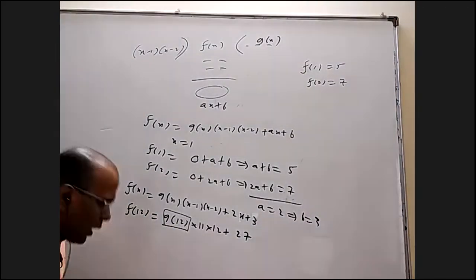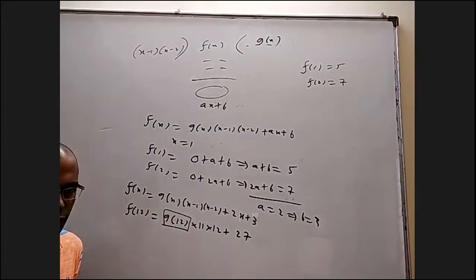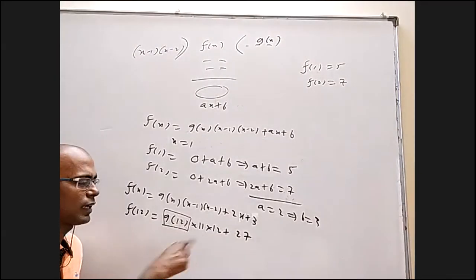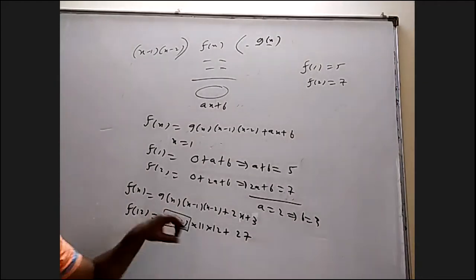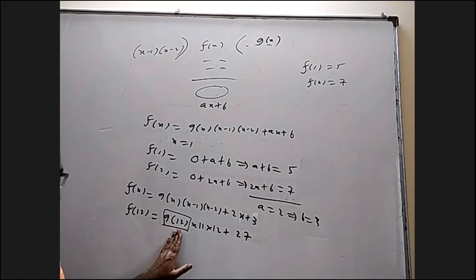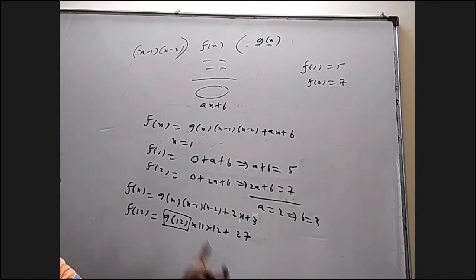If it is 0, the answer is 27. If it is 1, a bigger positive value. If it is 2, a much bigger positive value. One may say, I will put minus 1. If I put minus 1, you will get completely negative because you get minus 132 plus 27. If it is negative, your answer is negative. If it is 0, the answer is 27. If it is a positive integer, your answer will always be more than 27. So the least possible positive value of this will be 27 itself.